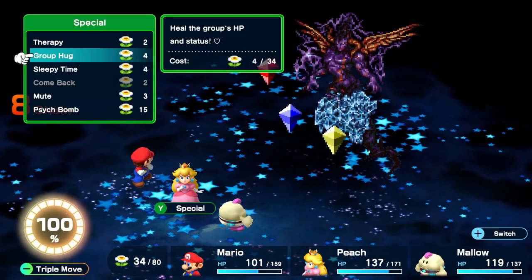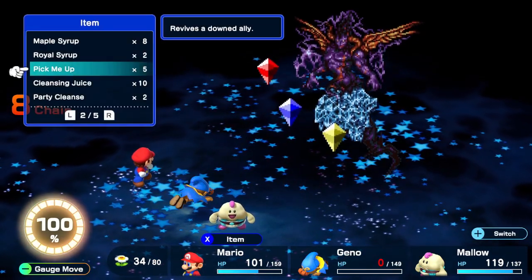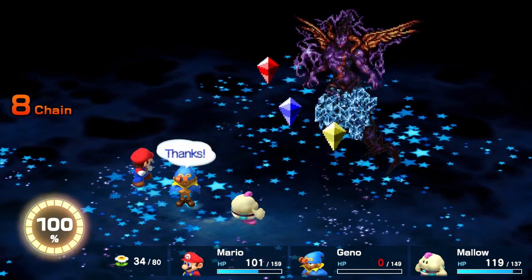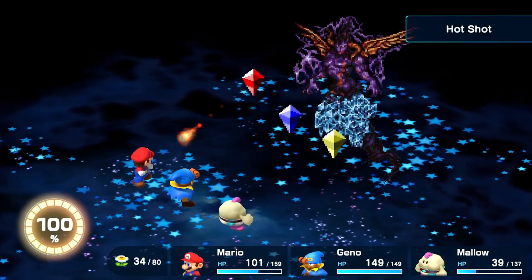Princess Peach, yeah, I think I should probably try to get Geno back in here, because I'm going to want those Geno boosts back. So go ahead and revive him. Mind you, I could use my special gauge attack, like the party attack, because